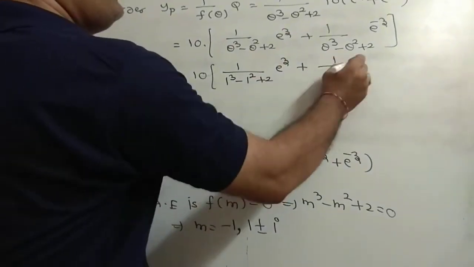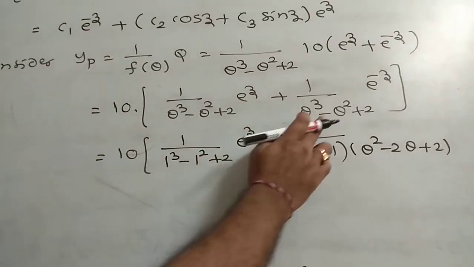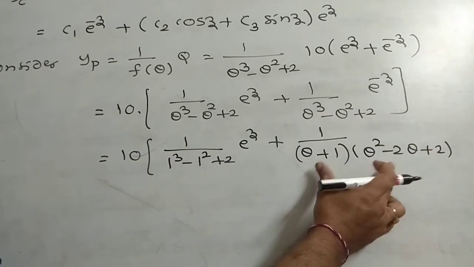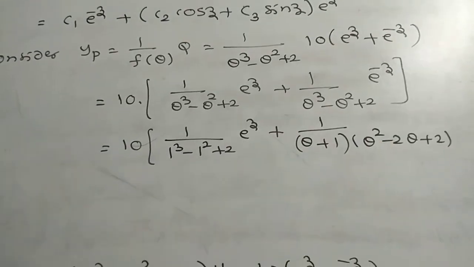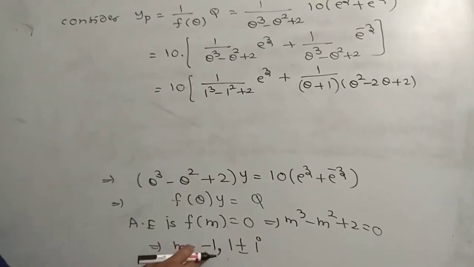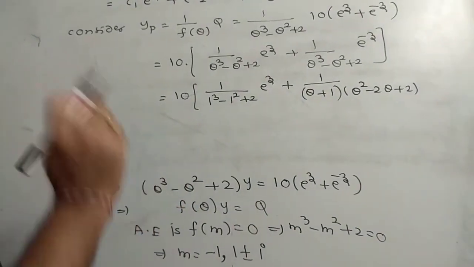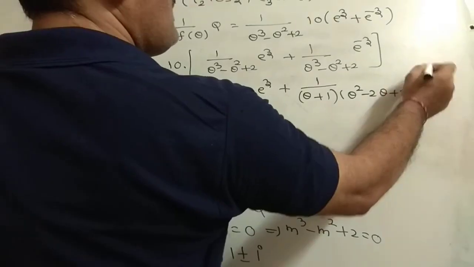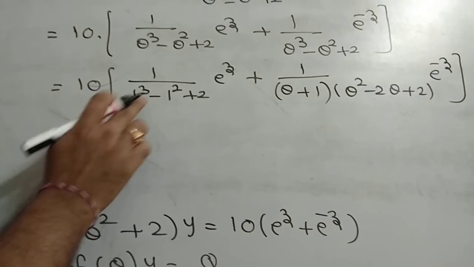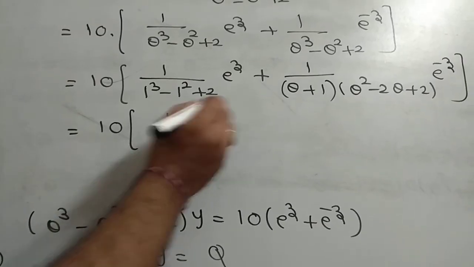In that case, you write down in terms of factors. So you are writing these factors. It is theta plus 1 and another is theta square minus 2 theta plus 2. These factors can be calculated based on the roots we calculated for m. So already minus 1 is there, so that you are getting theta plus 1. The remaining expression can be calculated by applying synthetic division. So e power minus z you are just keeping as it is. Now this is equal to 10. So write down here 1 cube minus 1 square. So 1 minus 1, 0. So totally you are getting 1 by 2 e power z plus